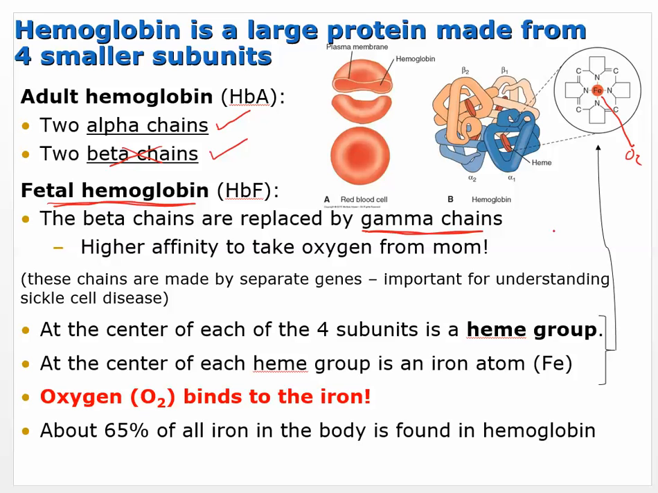And by having two alpha and two gamma chains, the way that these are situated and the way that they come together will give it a higher affinity for oxygen. So if you put an adult hemoglobin and a fetal hemoglobin side by side and you stick an oxygen molecule right in the middle of them, that oxygen will prefer to go to the fetal hemoglobin. Now that's important for a fetus because